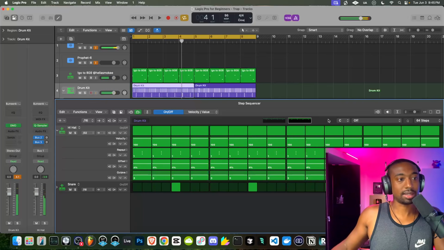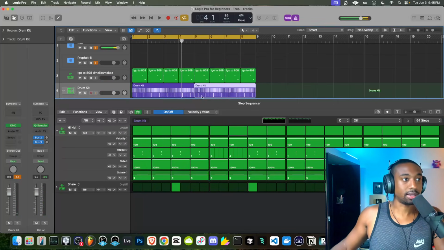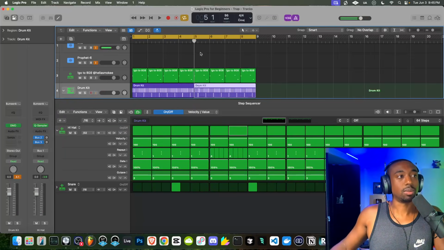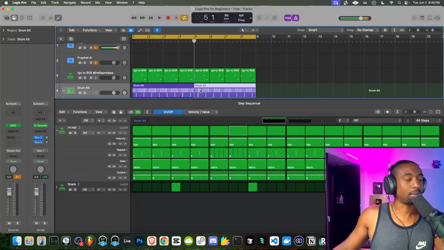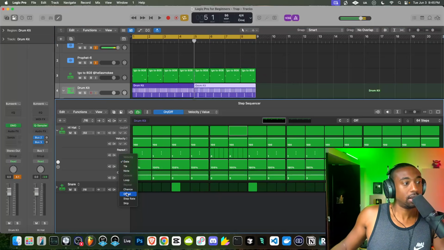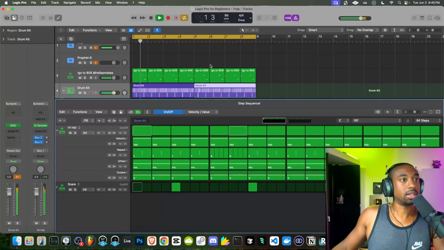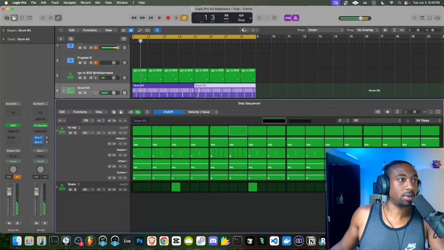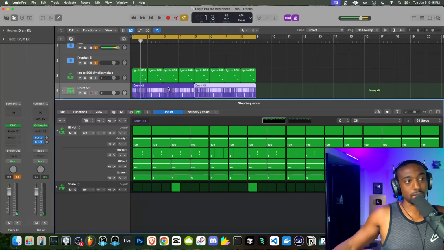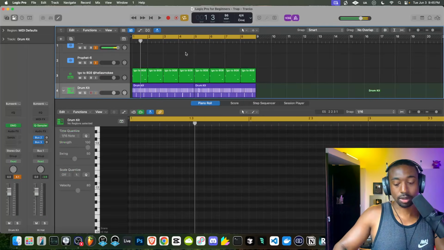So this even applies to the second half of this region. Okay, but we still have to apply it to the second region. I got to come up with a better name for these. So we can still apply it to the second region here. Okay, we have to go to the offset and pull this up 4%. So notice we had to do that manually. Again, it does not do that by default. So that's one habit you guys have to get in the habit of doing in Logic is if you make a change in this, it will not make a change in that. And that's a very big thing coming from FL.